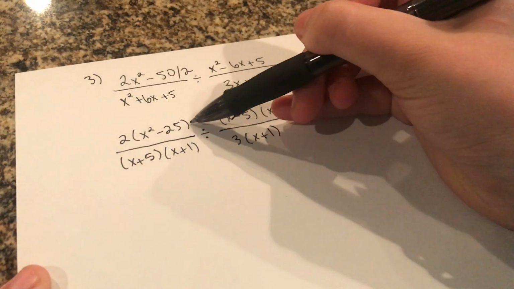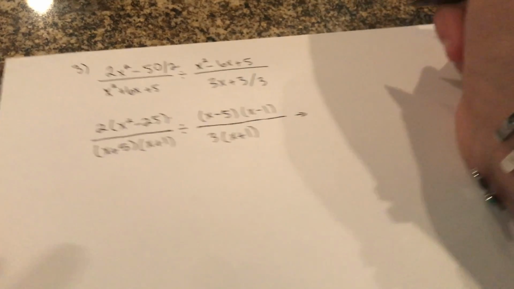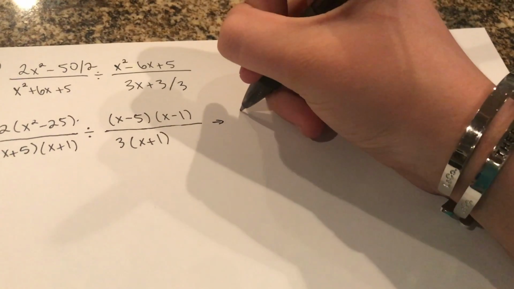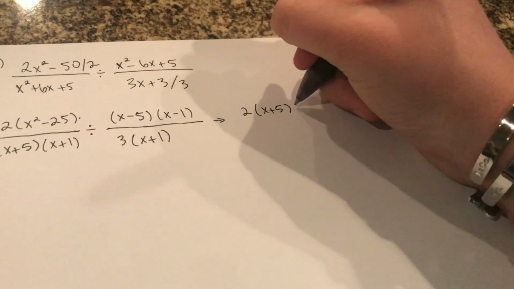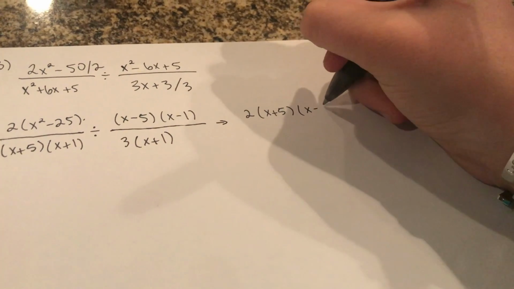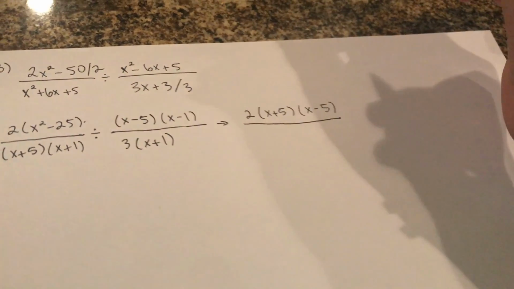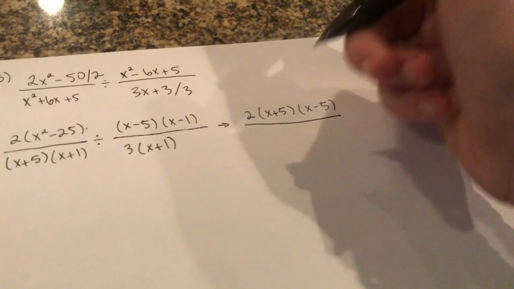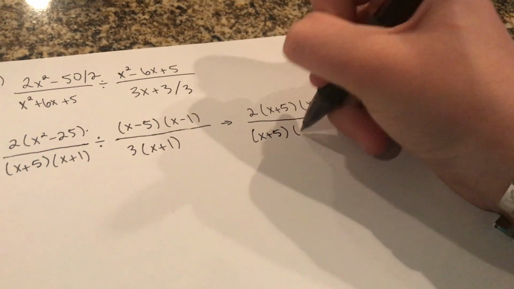And you'll notice that we still have this, and we can still simplify this. So I'm going to draw a little arrow, and then I'm going to move over here. And so you still have this 2, but you just have x plus 5 and x minus 5 because it's the difference of squares rule, and negative 5 times positive 5 will get you negative 25. So then you still have the same thing like here,